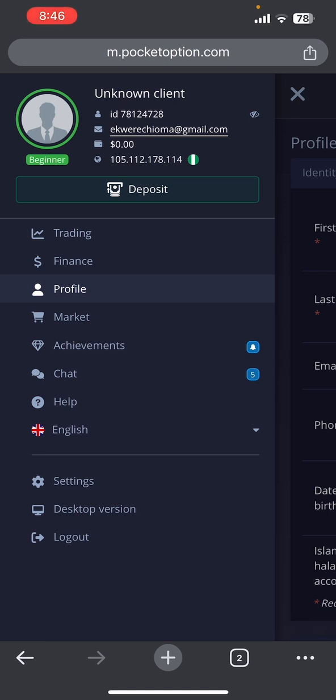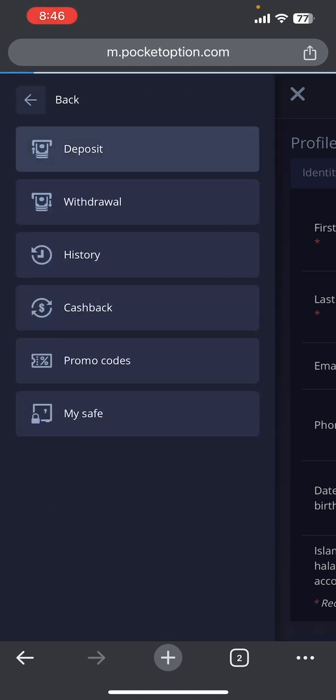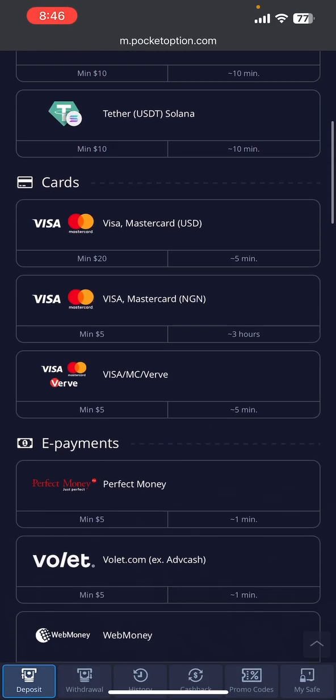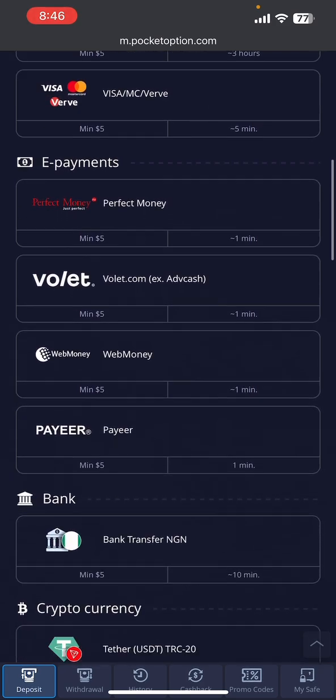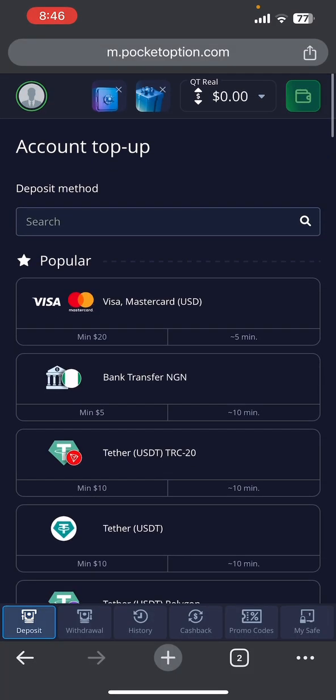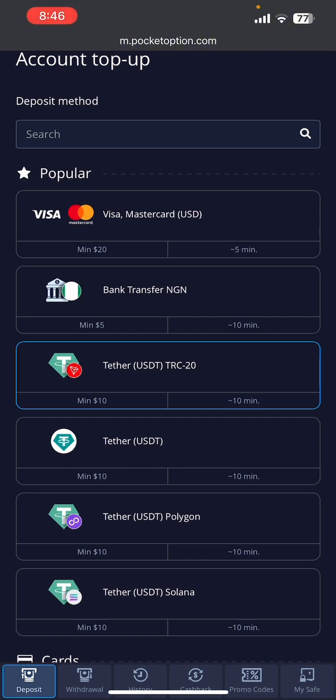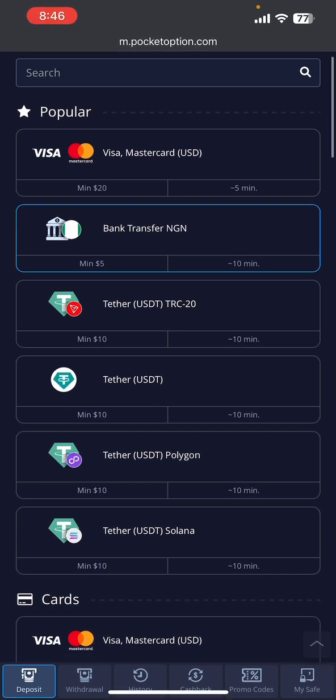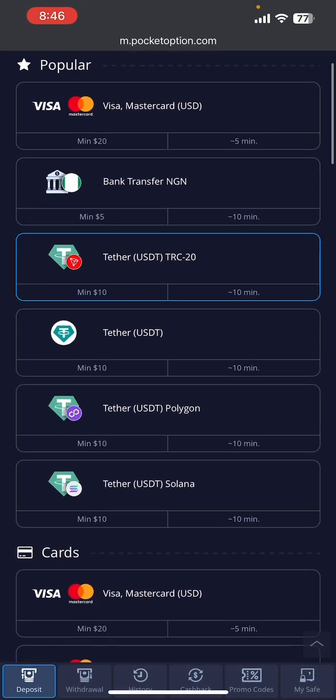The third step is funding your account. So to fund your account, just click on the profile picture once again and click on finance, then click on deposits. All right, so there are several ways you can fund your account on the platform, but the two most common ways I usually use are this bank transfer or USDT for those of you who do crypto. Okay, so I have verified bank transfer, which you can fund a minimum of $5, and USDT you can fund a minimum of